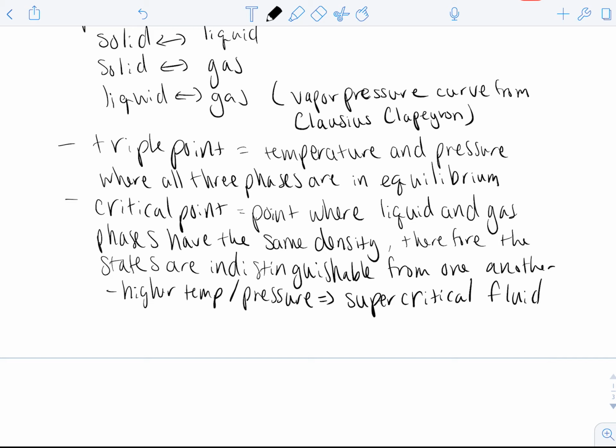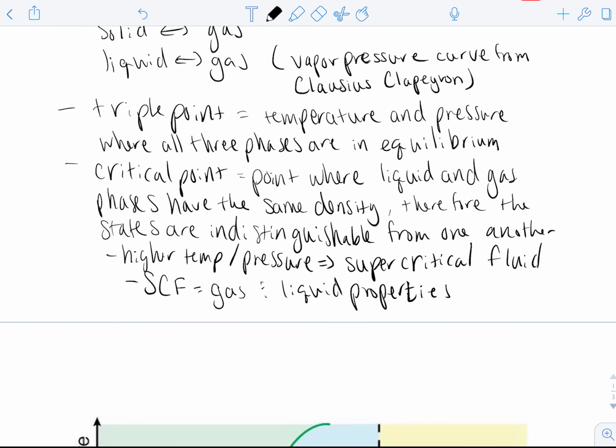Supercritical fluids have properties between that of a liquid and a gas. I'm just going to put supercritical fluid, SCF, gas and liquid properties. So what we see is a liquid-like density, a gas-like viscosity,